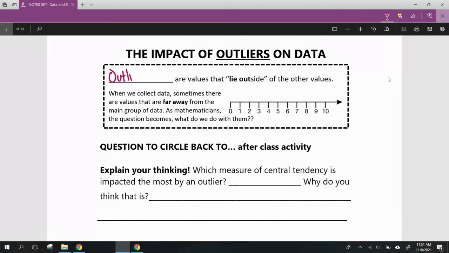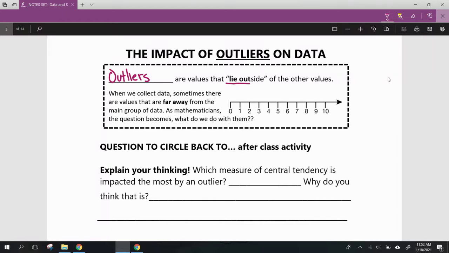Outliers are values that literally lie outside of other values. When we collect data, sometimes there are values that are far away from the main group of data. As mathematicians, the question becomes, what do we do with them? Maybe we're scientists and we decide to delete them from our calculations or from our study. But if we do delete them from our study, we have to be able to justify why, or